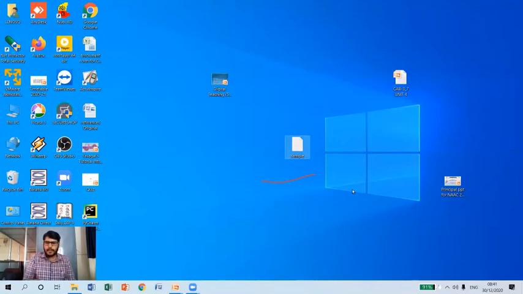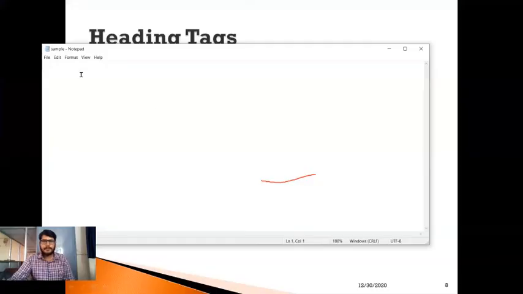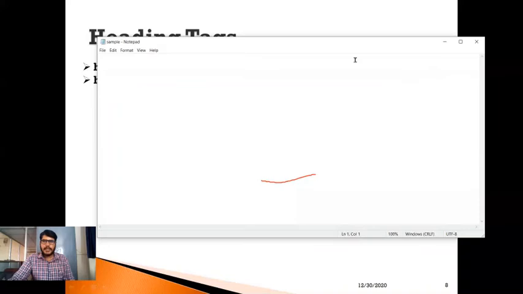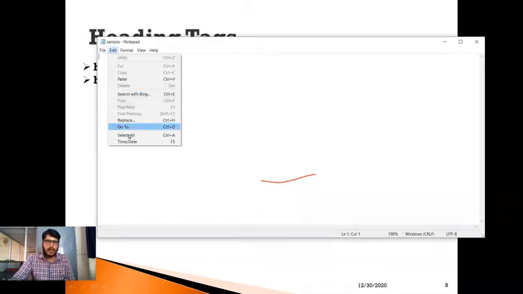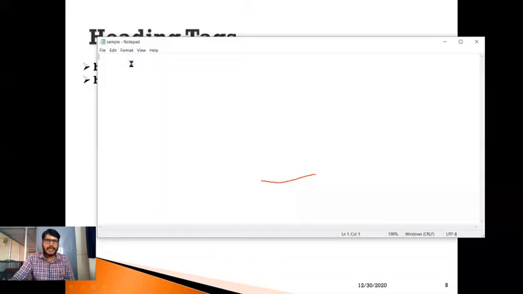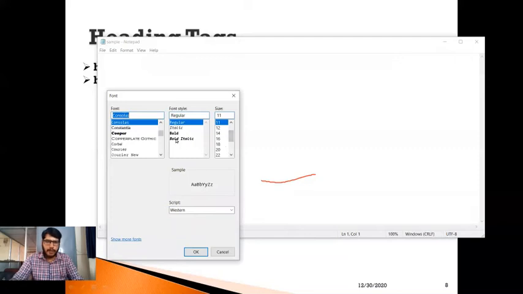Sample. Okay, so let me open this. As you can see here, my text notepad has been opened now. Now what I will do, I will start writing the code here. Let me increase the font size here so that it is visible for everyone. Let me make it as 18.